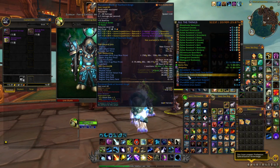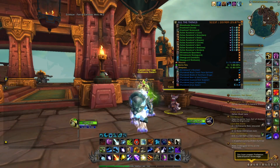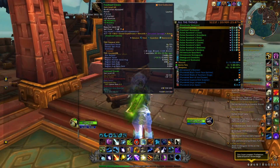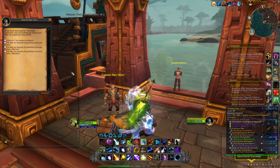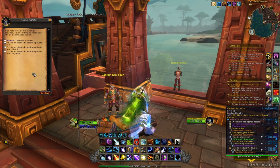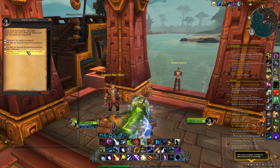So in order to buy these different boxes, all you need is to get some of these doubloons, and in order to get them, you just want to go and run some of the island expeditions solo. As you can see, you can come just here and you will be able to select the difficulty. I would recommend you do it in Mythic, but you can of course do it in Heroic or Normal if you want. It's just a little bit more difficult to get a lot of this currency